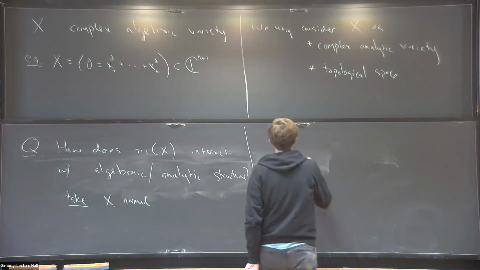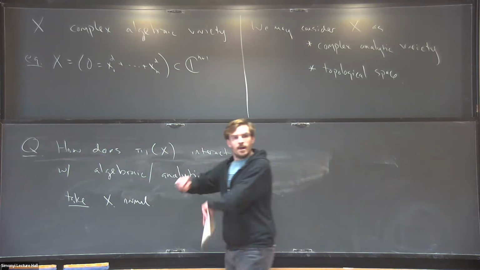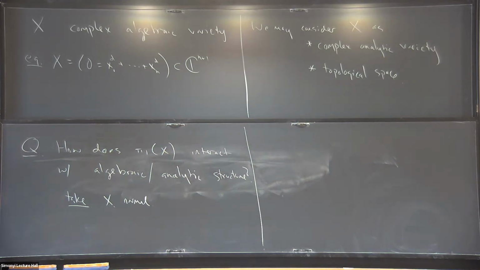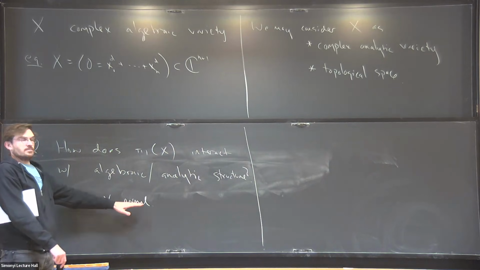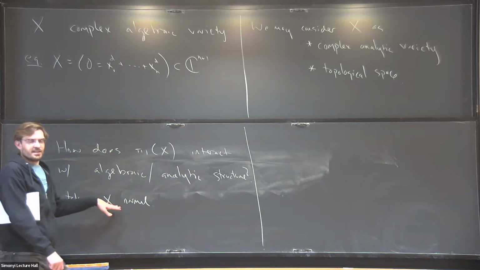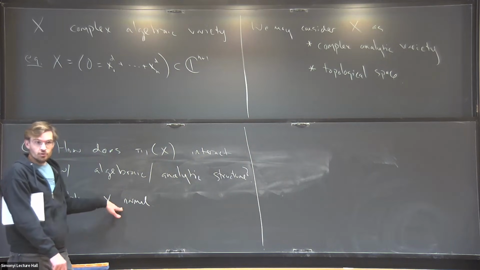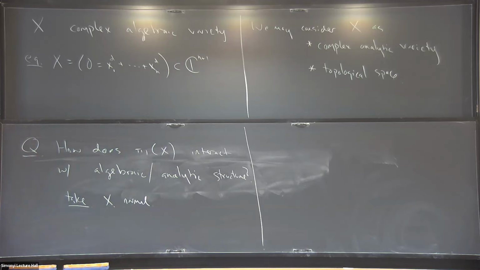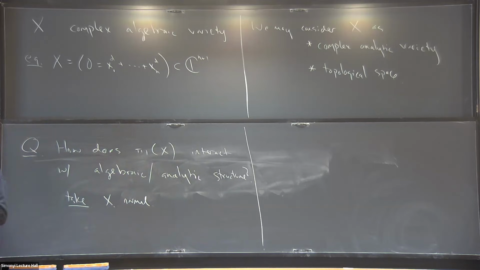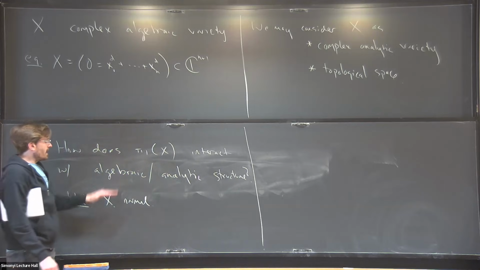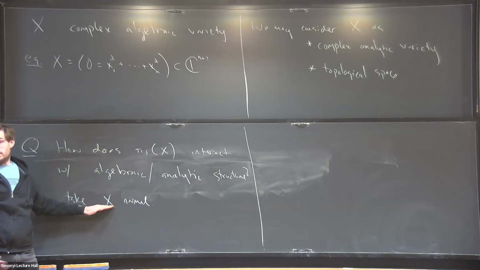Wait, sorry, what did you say? Is there or is there no difference between the class of fundamental groups you get as normal and smooth? For algebraic varieties, yes. I don't know if there's a concrete example written down, but you would expect there to be a difference between normal and smooth algebraic varieties. I don't see a reason why they would be exactly the same. What does normal mean? Complex analytically, it satisfies Riemann extension. As a complex analytic space, locally, if you have a bounded holomorphic function, then it extends regularly. That's the simplest way to think about it. If you want to think about it algebraically, it means that the local rings are integrally closed.